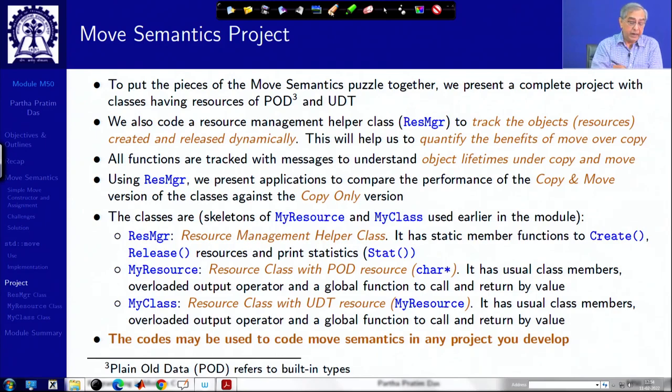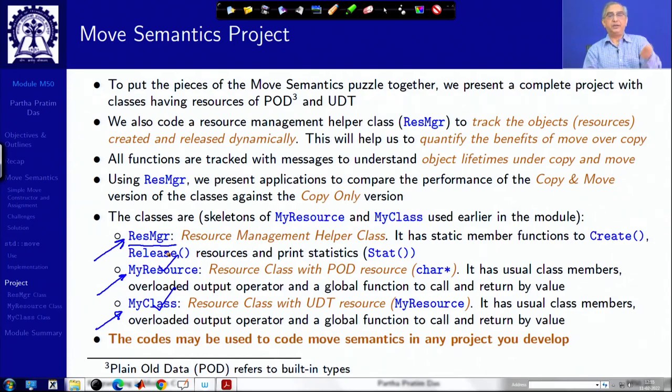So, here I have given a project where there are 3 classes. My resource we have already talked of. My resource has a char star, a POD resource. My class has my resource data member. So, it has a UDT resource, and in addition I have given a class here, resource manager, whose purpose is